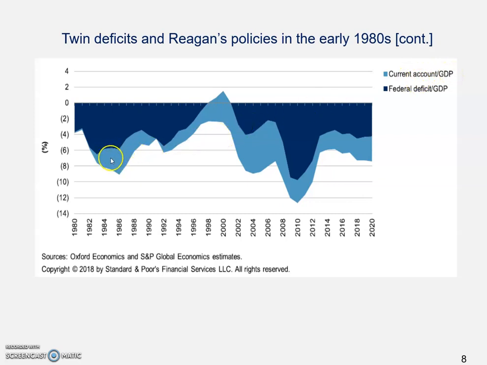So this is the trade deficit, and because it stays below the zero line, it's a deficit instead of a surplus. Now the dark blue one is the federal deficit, as a percentage of GDP. And as you can see, for most of the time in recent decades, the U.S. federal government ran a budget deficit, except for a few years during the Clinton administration.